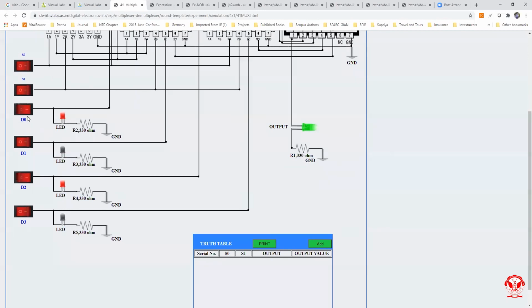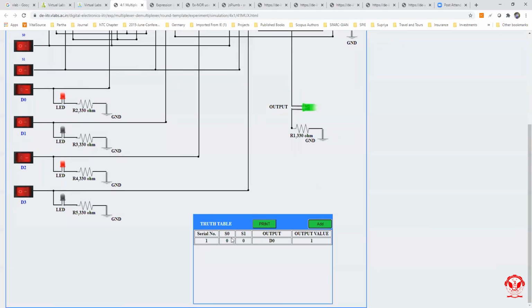The output should be D0, since 0 and 0 represent the 0 level: D0 is 0, D1 is 1, D2 is 2, and D3 is 3. For 0 and 0, the output LED lights up, and we can add this to the truth table, and from the truth table we can also learn that for 0 and 0 the output will be D0.